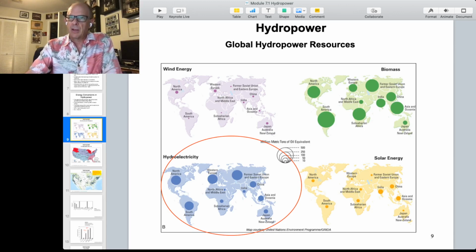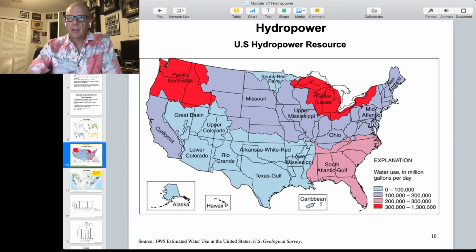But on the left, in hydropower, you can see that most continents have fairly large resource of hydropower with the exception of Africa. Within the United States, most of the potential for hydropower is in the Pacific Northwest. It's very rainy up there, and in the Great Lakes regions where it's also rainy and there are big flows of water. And there's much less in the desert Southwest region of the United States where there's just less water